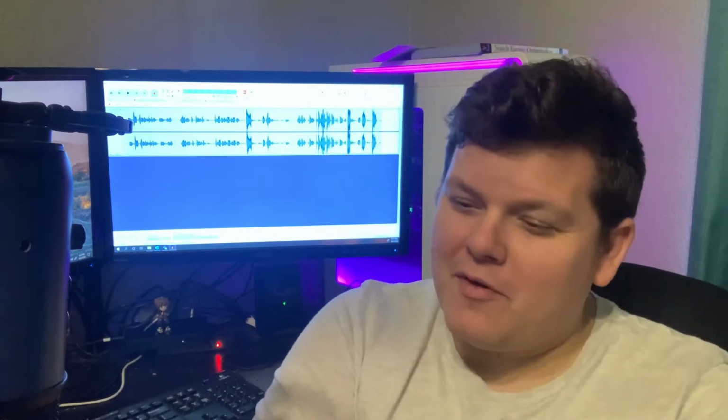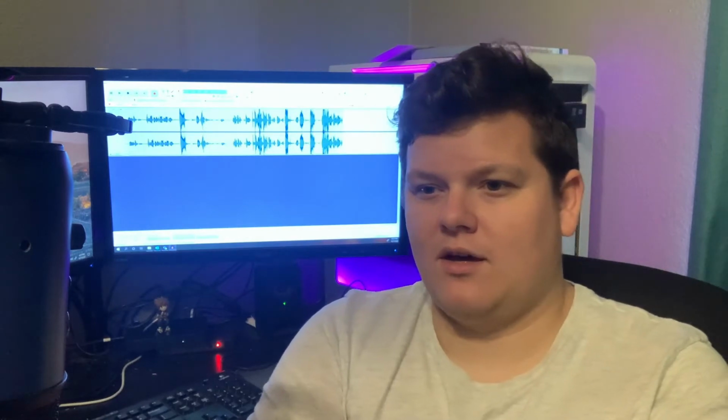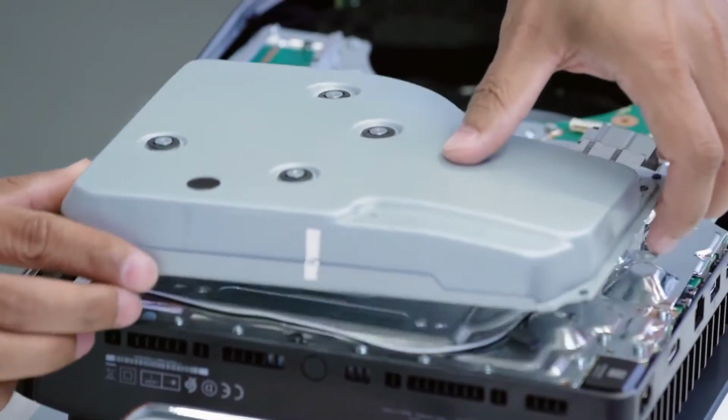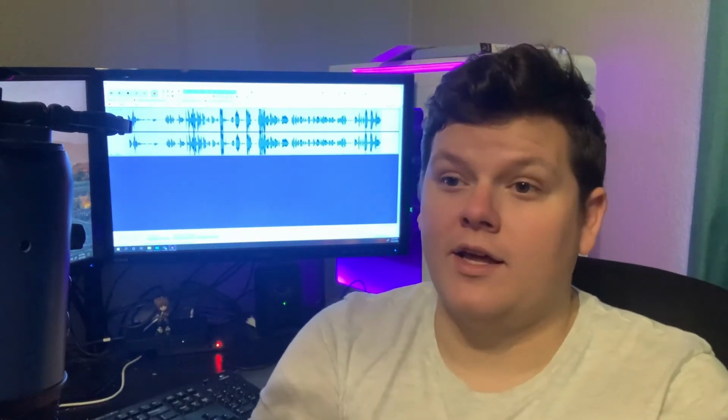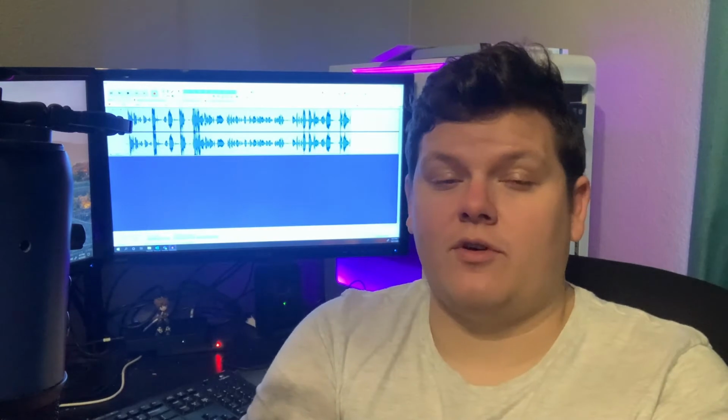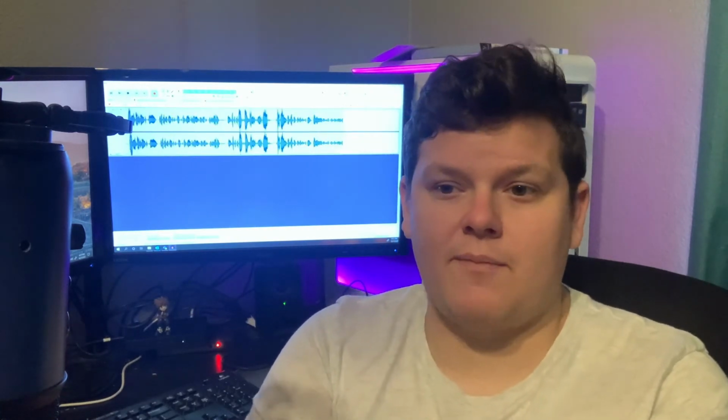Anyway, moving on from the expandable storage, they started taking apart the disk drive. They showed how the disk drive was insulated, which is great because ever since the PS1, disc noise has been awful on PlayStations, and honestly, most consoles have terrible disc noise. So I'm happy I won't hear